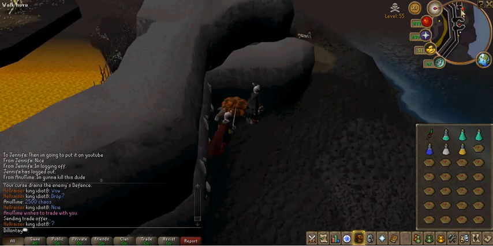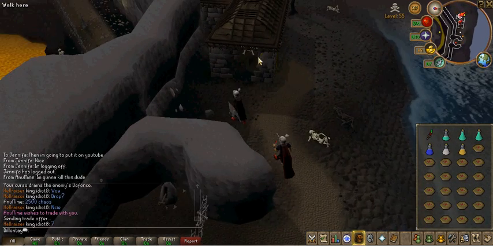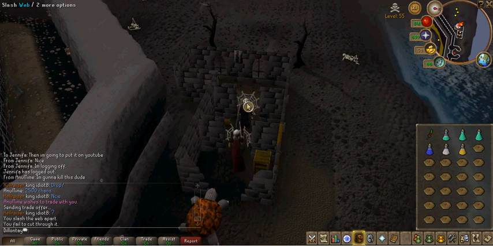the Mage Bank, which is right here, in this area right here, you're going to want to cut these 2 webs and then pull the lever that is in the west of the...